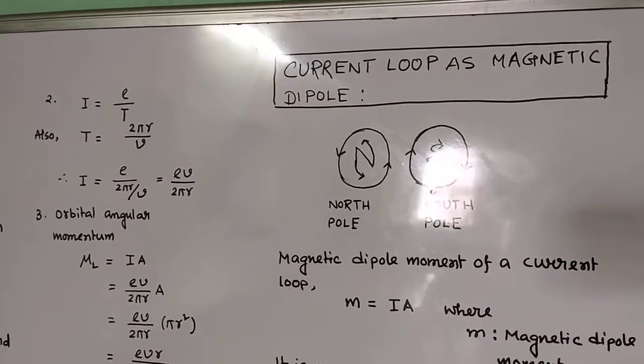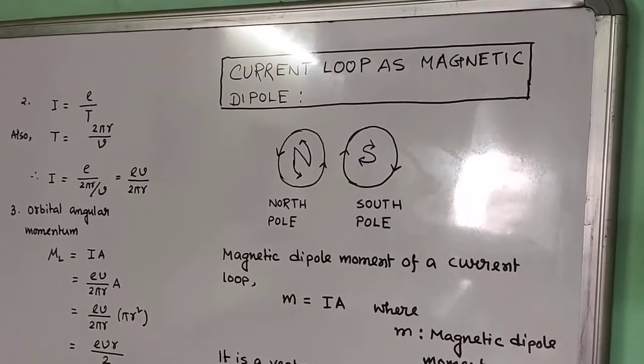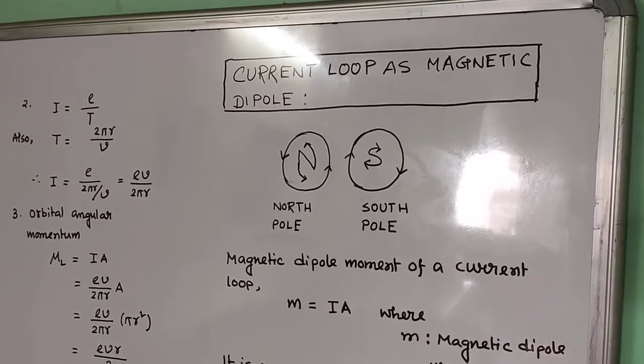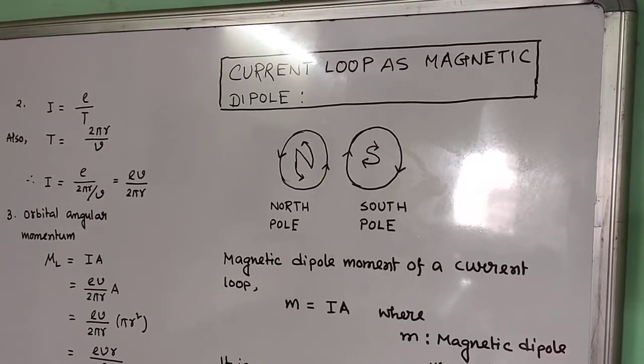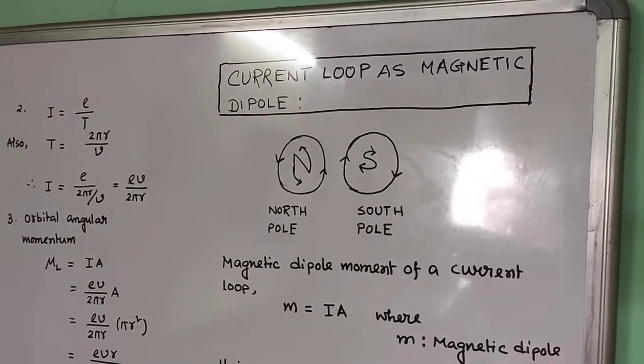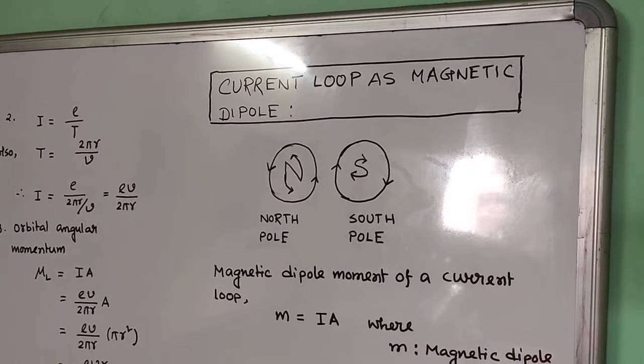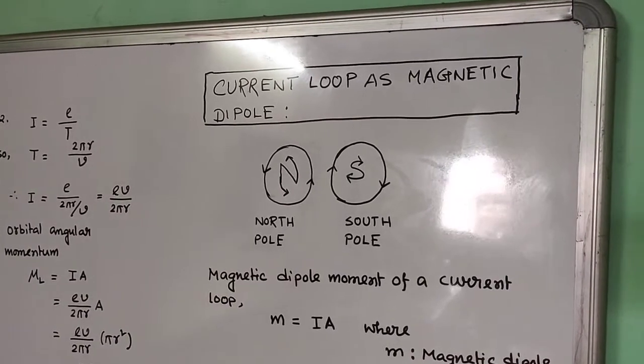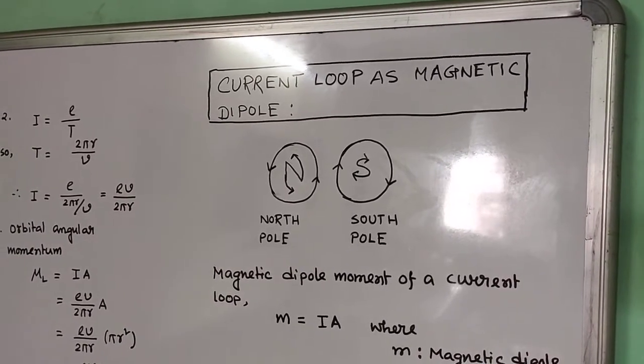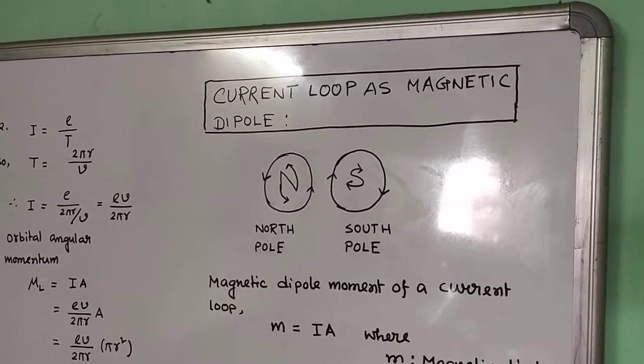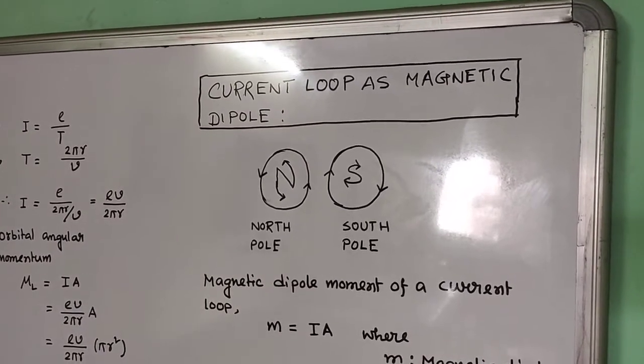Now a magnet has two poles, one is north, another one is south. Now if you consider a solenoid and send current through the solenoid, then that solenoid behaves as a magnet with two poles, one north, another one south. Now, as per the direction of current, how can we define the poles of a magnet?